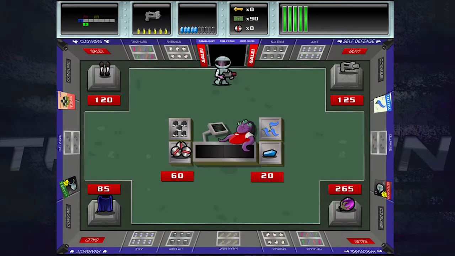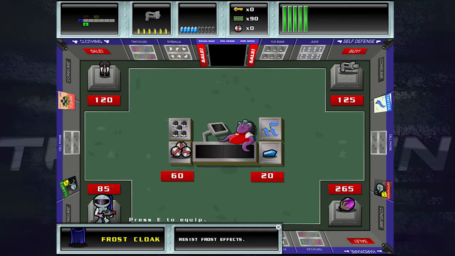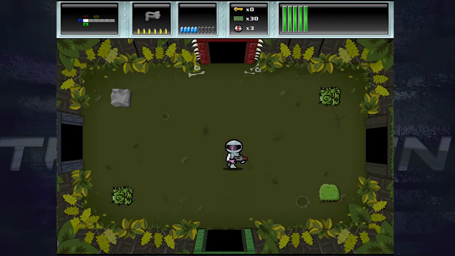Let's see if I can buy anything in the shop, shall we? Ooh, I could buy this, which is a frost resist cloak. But I'm gonna buy the grenades, because this is one of my major gripes with this game. Well, one of the gripes I have is...